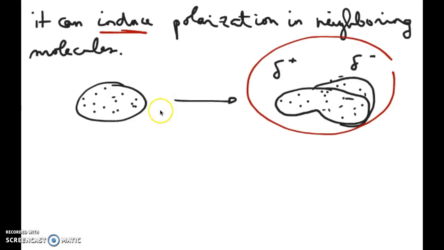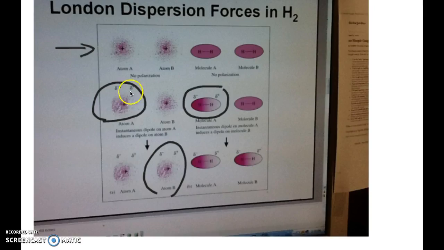As a result, because the molecule is slightly polarized like this, so one side is slightly more positive, the other side is slightly more negative, it's possible that once you have this molecule exist, it would induce the neighboring molecule to also be polarized. So the picture looks something like this. You have two nonpolar molecules, like hydrogen gas in this case. Due to temporary fluctuation in electron density, one side of the hydrogen molecule becomes slightly more negative, the other side